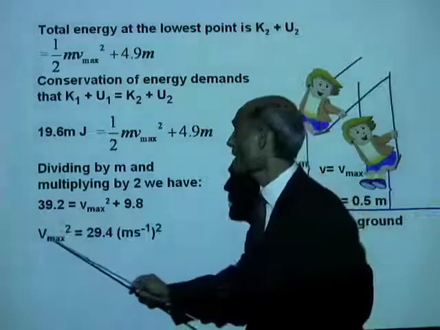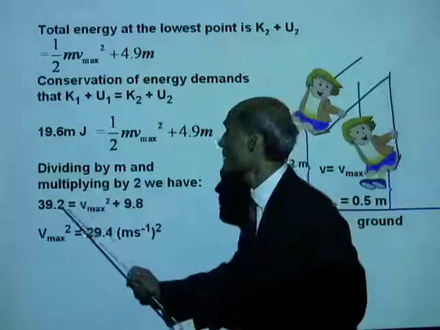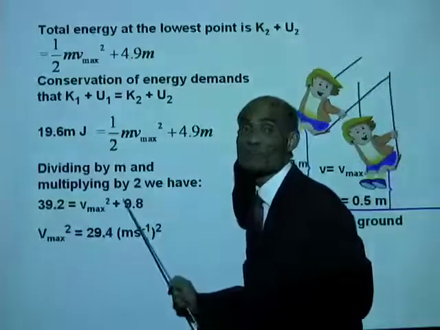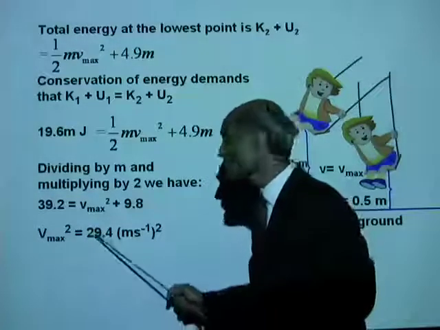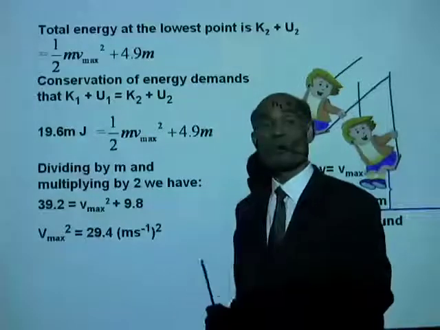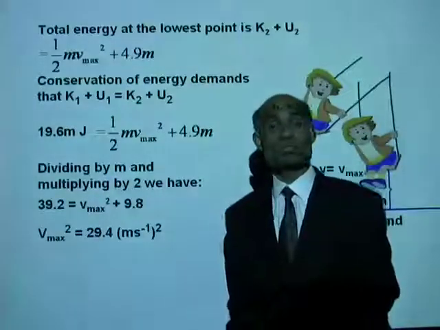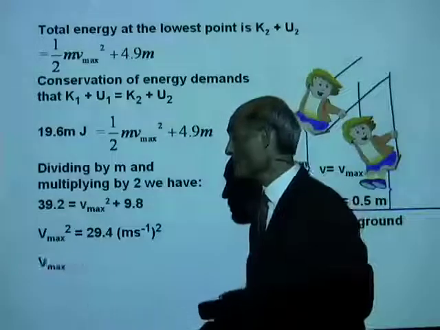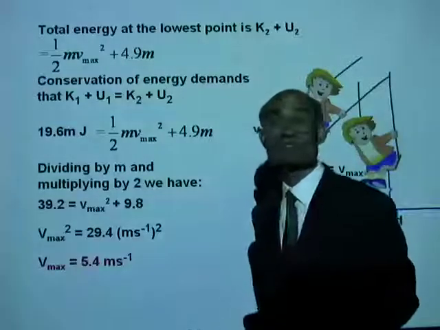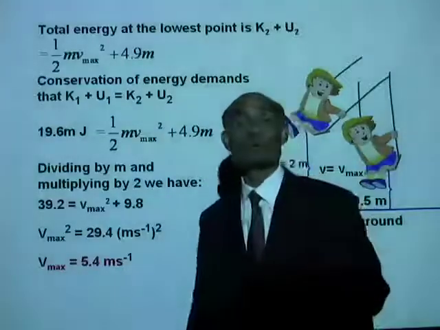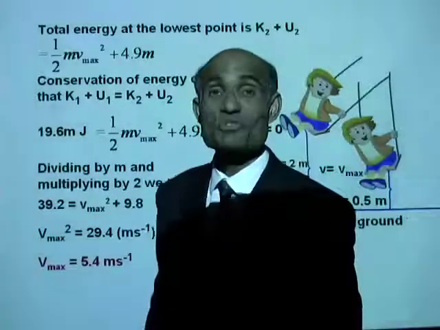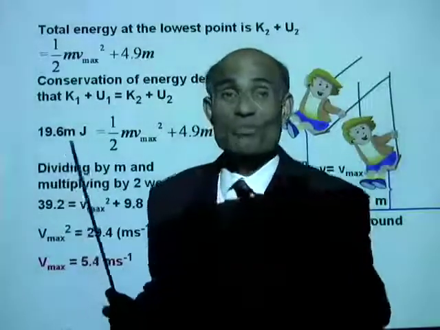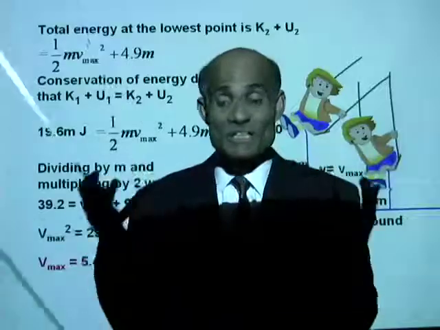Solve for v max squared. v max squared is 39.2 minus 9.8, that is 29.4 meter per second squared. Therefore, v max is square root of that, 5.4 meter per second. You see, the neat way to solve problems using the conservation